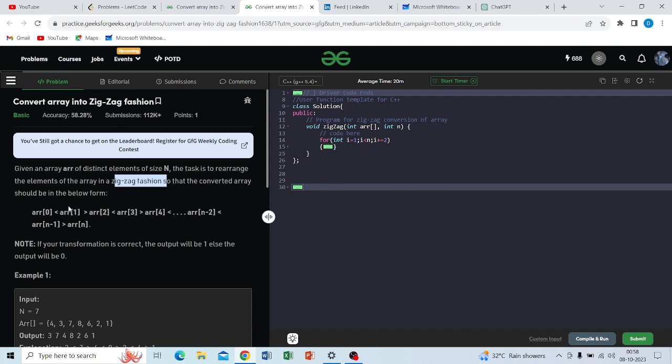and the zigzag fashion is: array of 0 is less than array of 1, but array of 1 is greater than array of 2, and array of 2 is less than array of 3, but array of 3 is greater than array of 4, up to array of n. Okay,